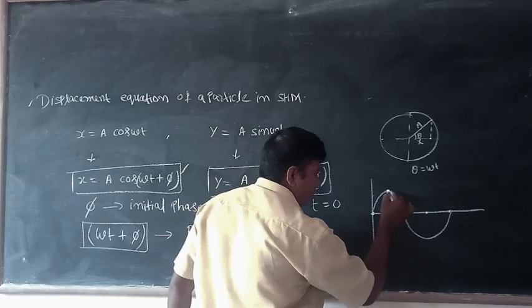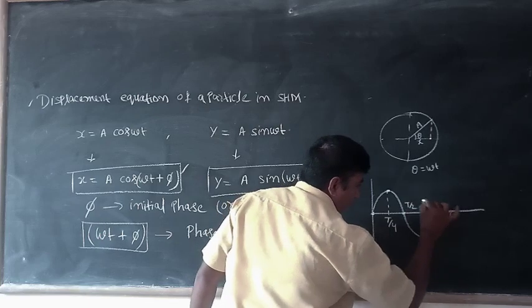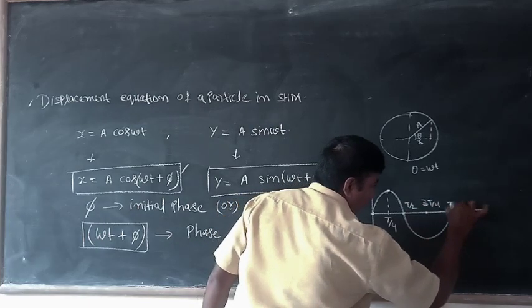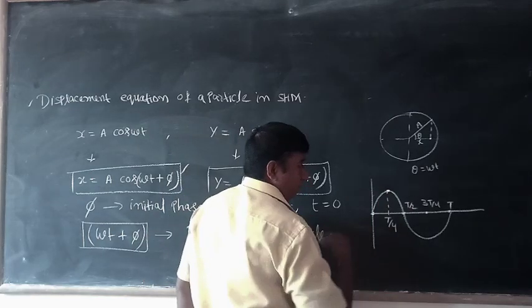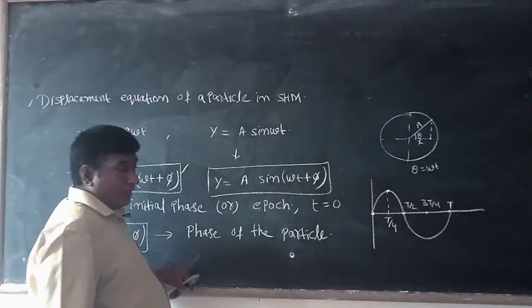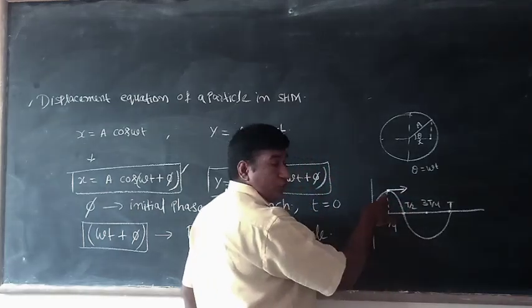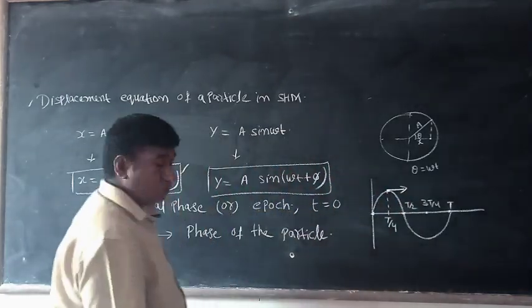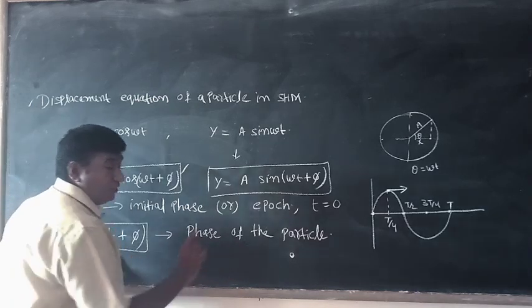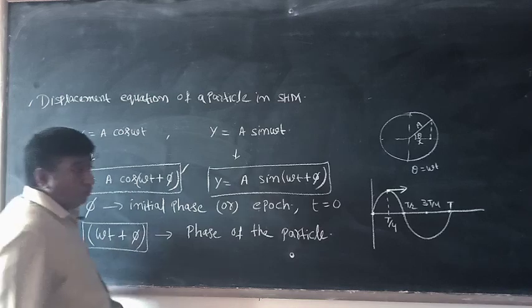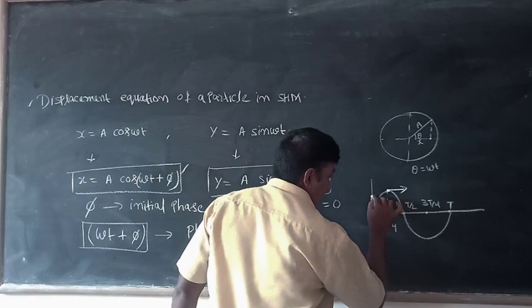This is time t equals 0, this is T by 4, this is T by 2, this is 3T by 4, and this is T. If you have to find the phase of the particle at time T by 4, at this point it represents the position and direction of the particle. That's why omega t plus phi is called the phase of the particle. If I take one more particle like this,